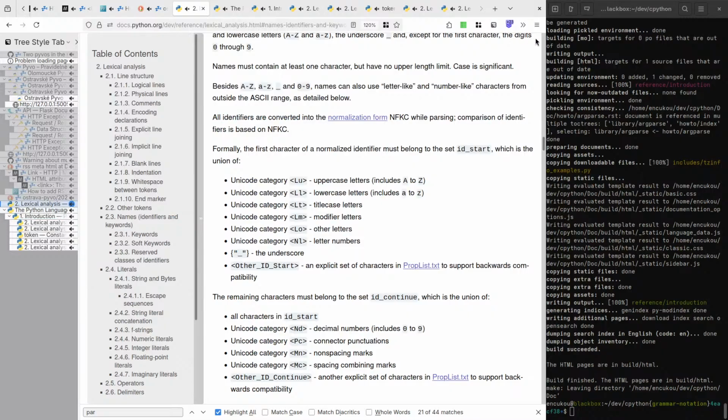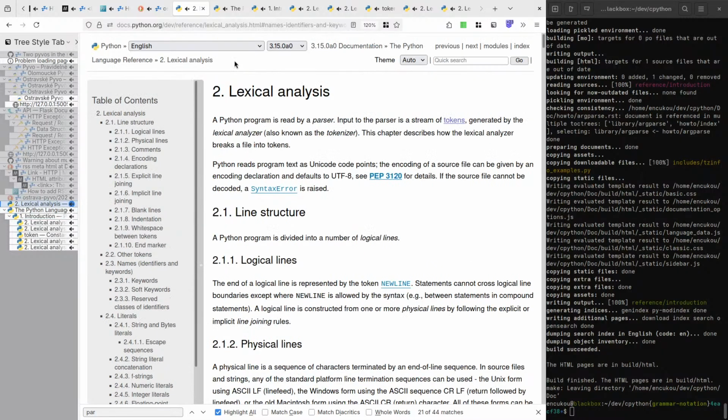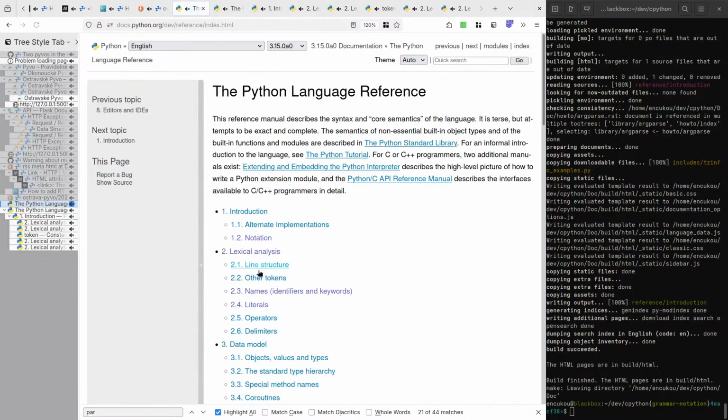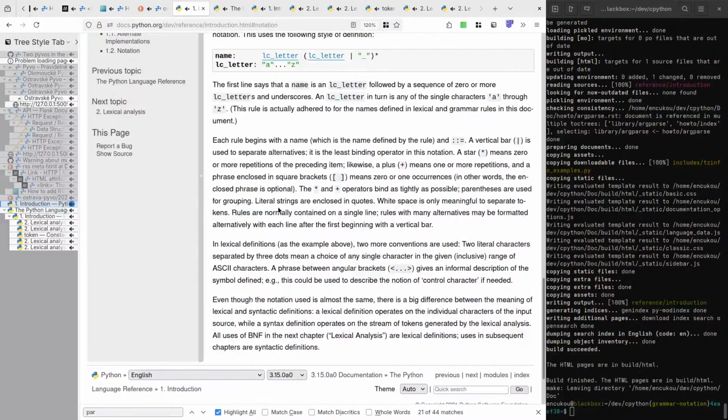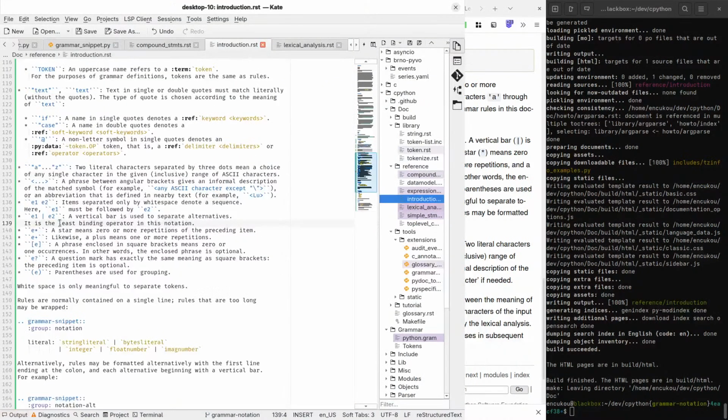So yeah, this is the live docs. And we missed that these bind as tightly as possible. And that needs to kind of be expanded.